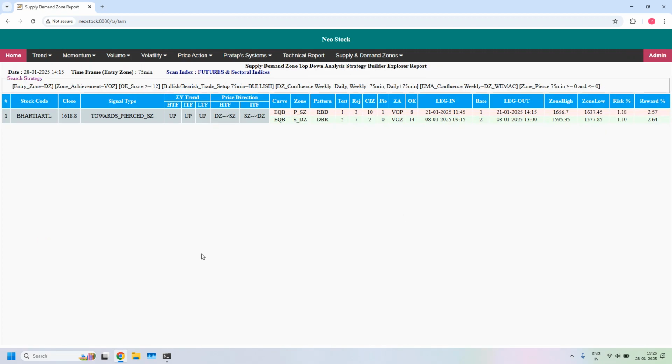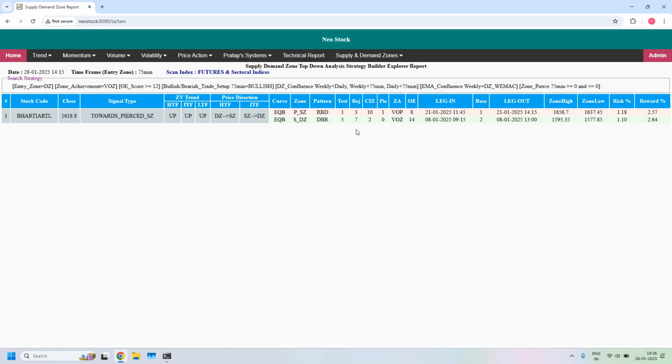So this is an even more high probability trade setup supported by the 75 minutes demand zone. But it is there inside daily, both together inside the weekly. And that weekly is having weekly EMA confluence, weekly demand zone. Okay, this is a bullish trade setup for